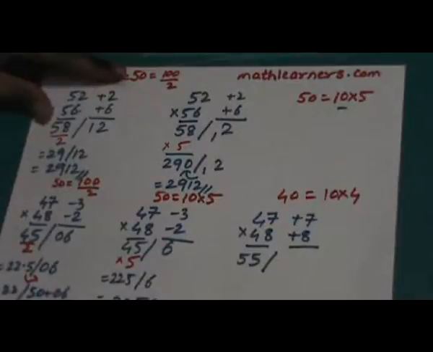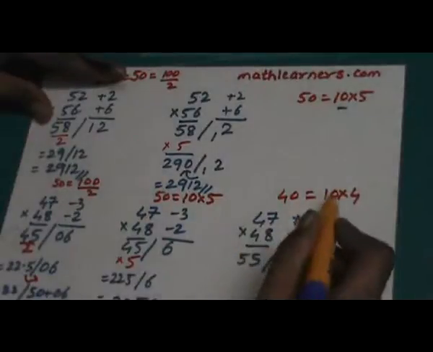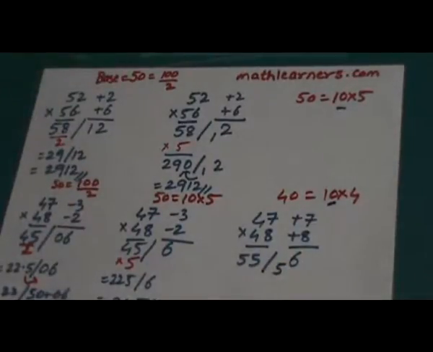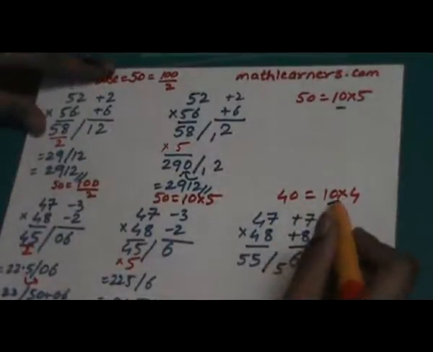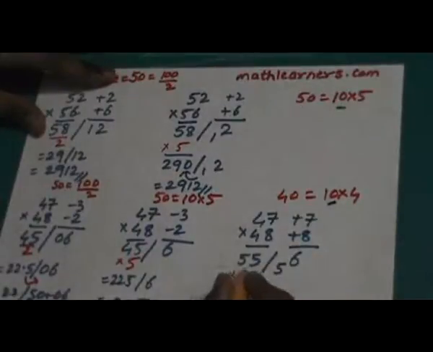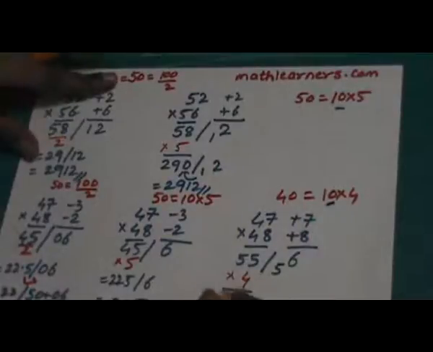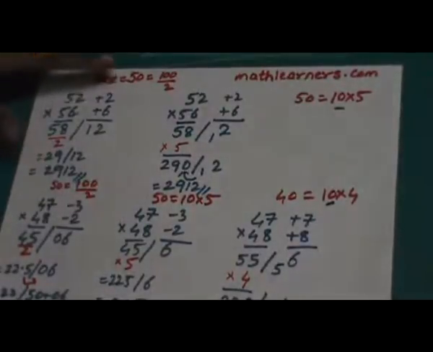Multiplication of 7 and 8 gives 56, but notice here we had written 10 as a part of a base, so we need to have only one digit. So this can be written as 5 downside. And notice here we had multiplied the base by 4, so same thing we will have to do here, multiply by 4, so that gives this 225. 5 will be carry forwarded, so that gives us 2256.